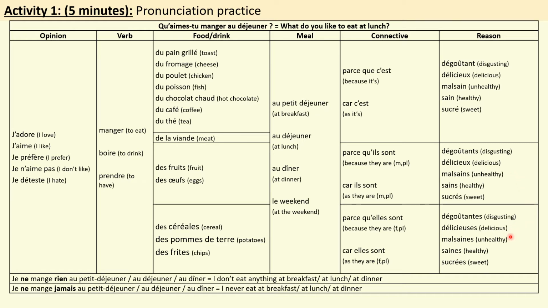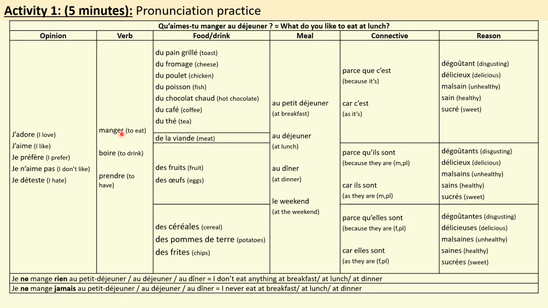Malsaine. Sain. Saine. Sucré. Sucré. So this one does sound the same as the other two. Très bien.